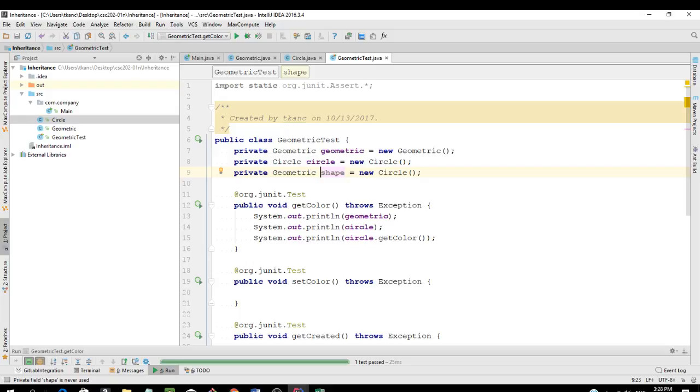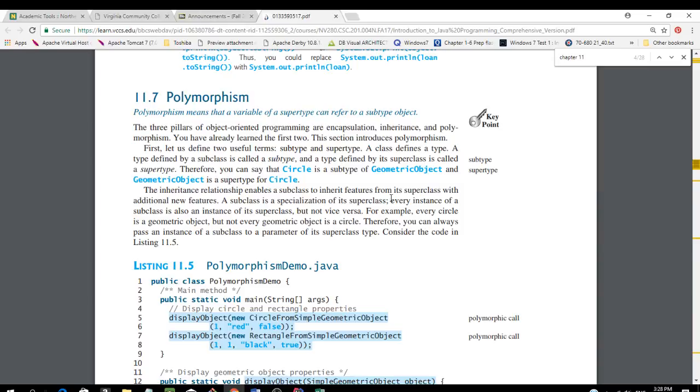And the question said how many ways you can create it? One way, through inheritance, because circle extends geometric, right? And how you do it? That's it. That's how you do it: geometric shape equals new circle. Now, why do we want to do it and what's the benefit of it, right? But okay, now let's look at